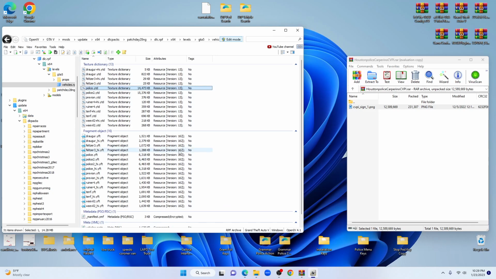Now to verify that it matched up, that it was okay, because every now and then, sometimes you'll have a Taurus to go on a Taurus, but there'll be something not quite right about it. The texture might be too low. It may say police on the back bumper, but it won't say police on the back bumper on the skin that you changed. Okay, so what you want to do to see the picture again is go to the YFT,